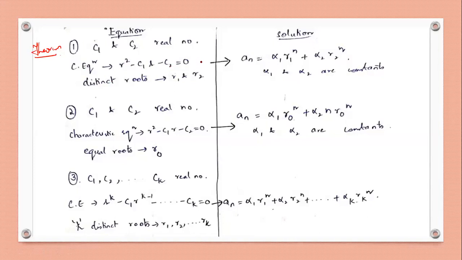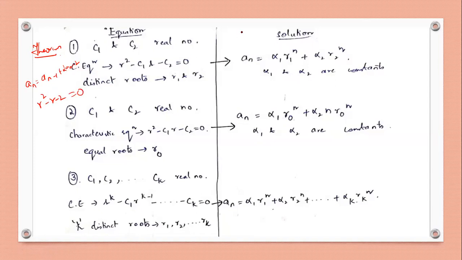Suppose I take an example, our equation may be given in this way: a_n is equal to a_(n-1) plus 2 a_(n-2). Then we get the characteristic equation in this way. What will be the characteristic equation for this? r square minus r minus 2 is equal to 0. Once again, I am saying that I am doing it directly. If you are supposed to do it, I'll show you over here.